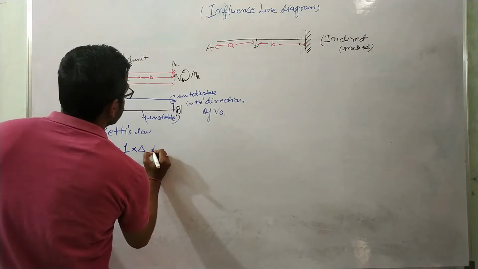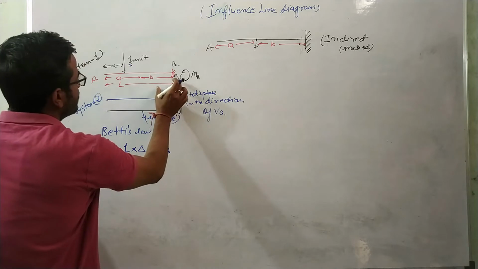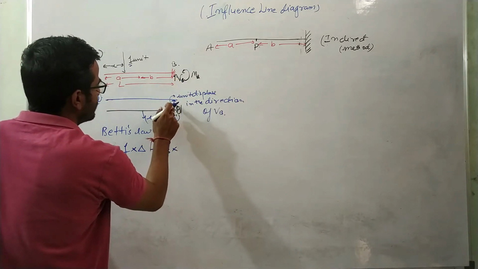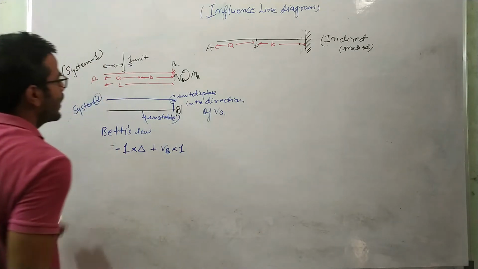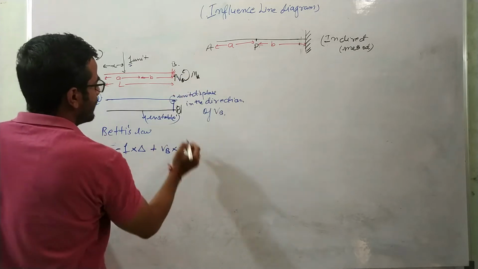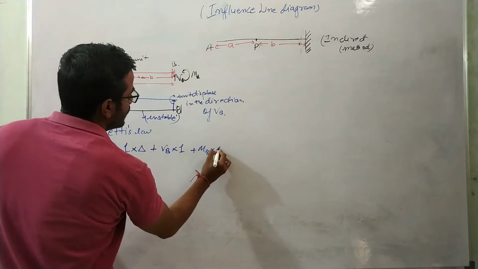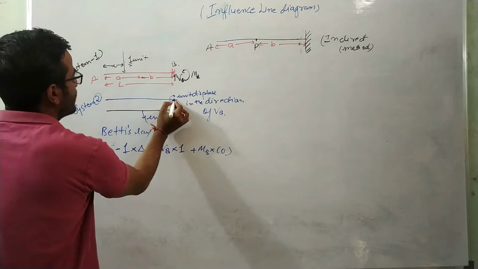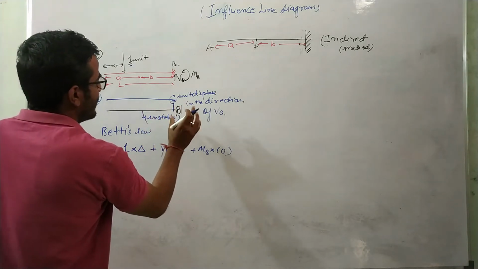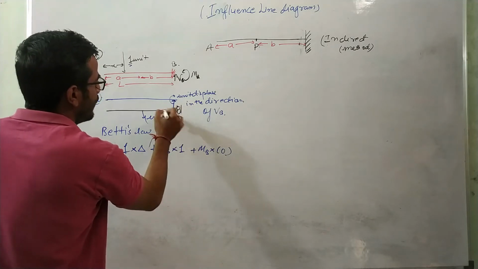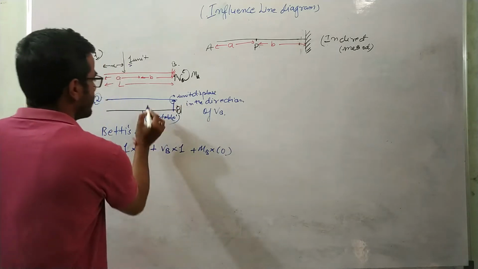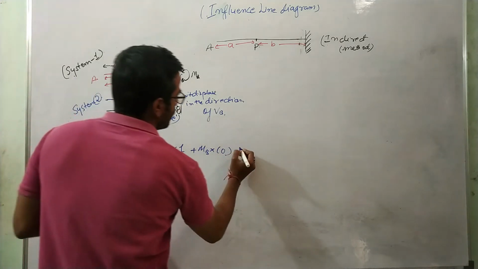plus VB, force in system 1, into displacement in system 2, right? So what is the displacement in system 2? It is unit displacement. Now you can see that there is also some moment acting over here, MB, plus MB into 0. Why 0? Because the slope at this point is 0. We are releasing the vertical reaction VB, and we are giving the unit displacement along that VB only. So there is no slope at this location for this system. So it will be M into 0 now, which is equal to